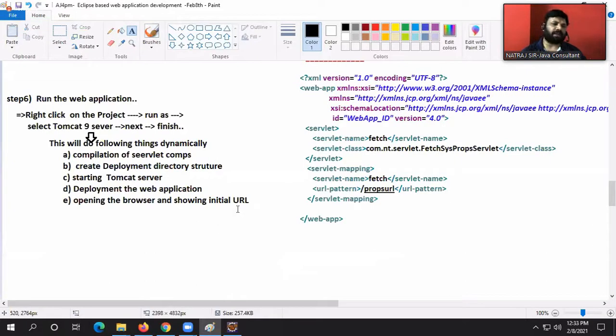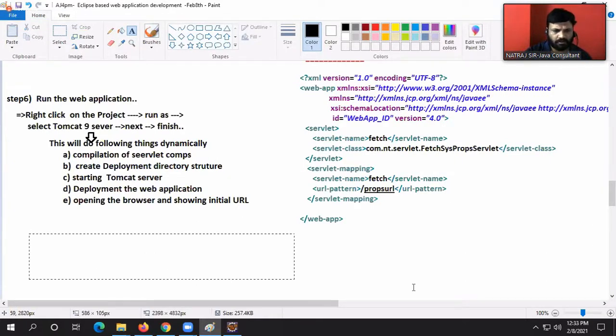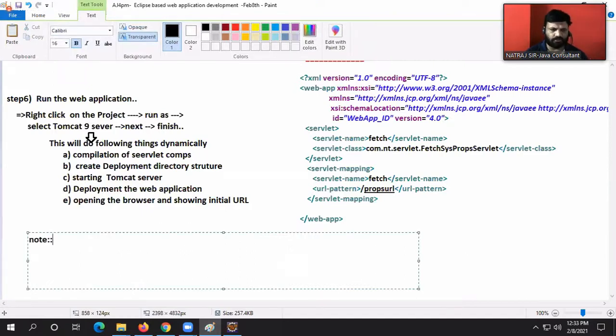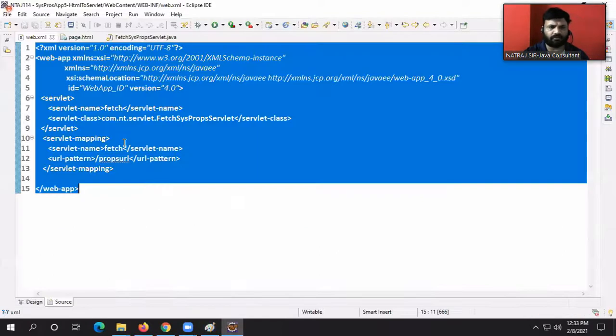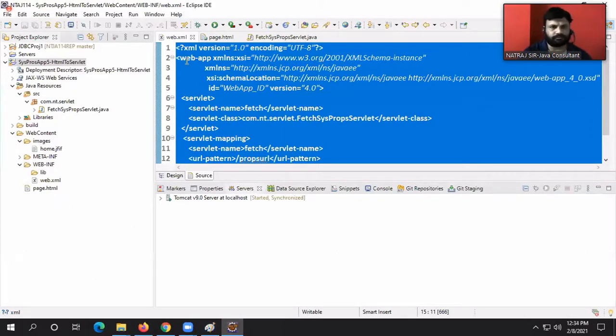I think you can practice this stuff, guys. To change to your choice of browser, how to change it?